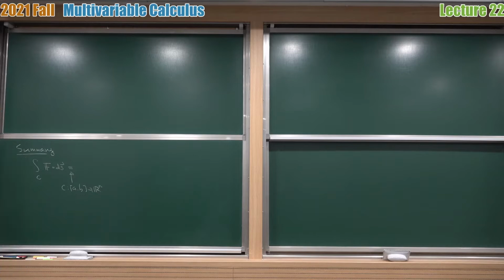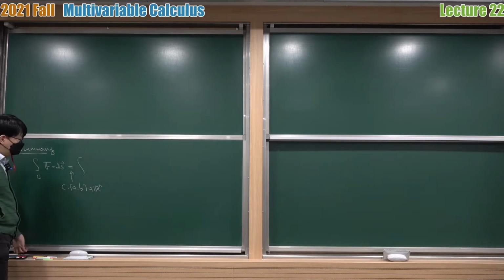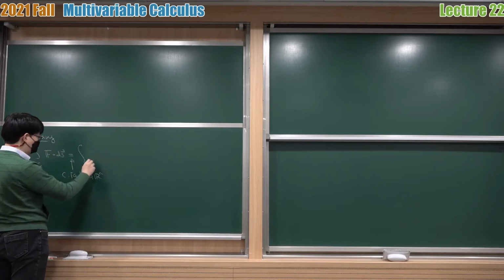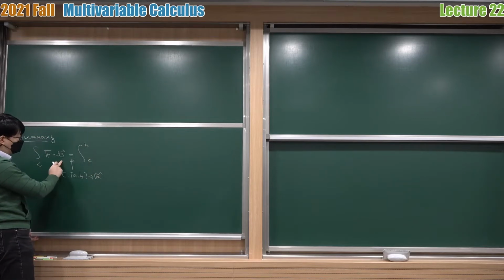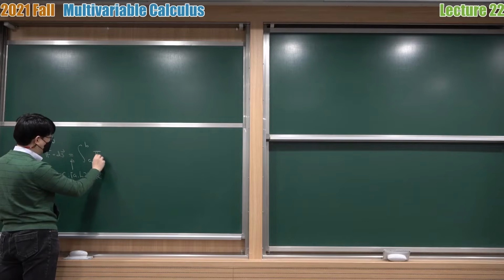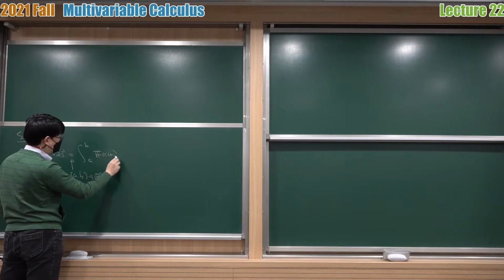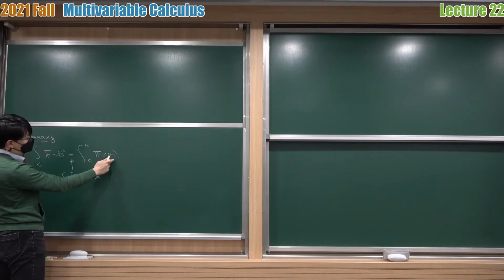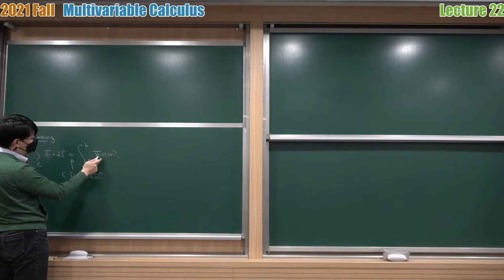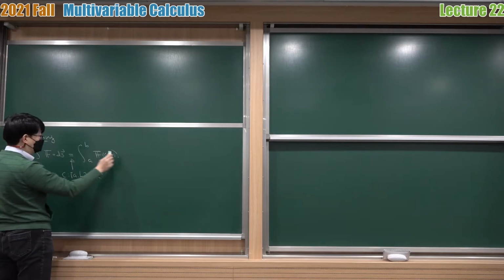Okay. So, given that parameterization, I can compute this line integral by taking a point C(t) as a point to evaluate the vector field, and then